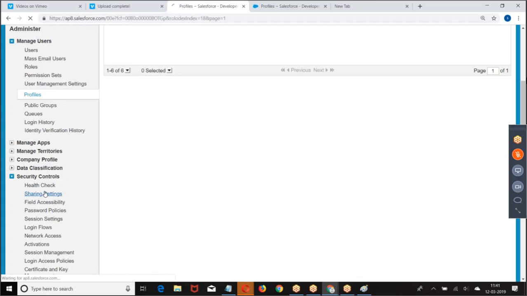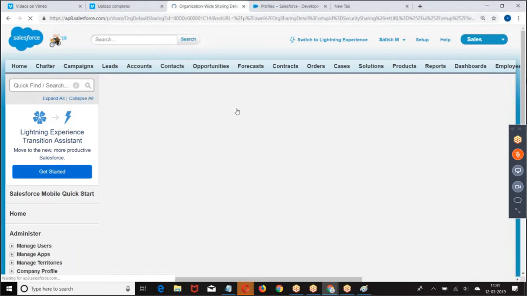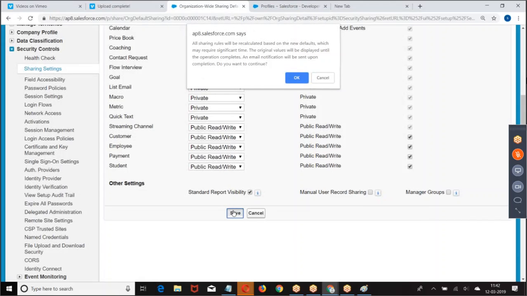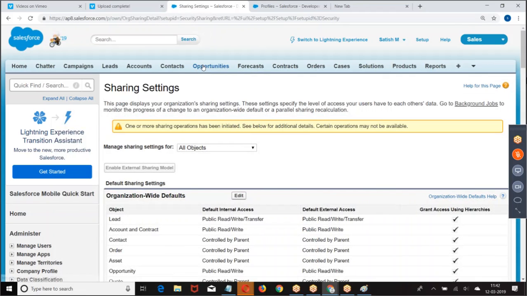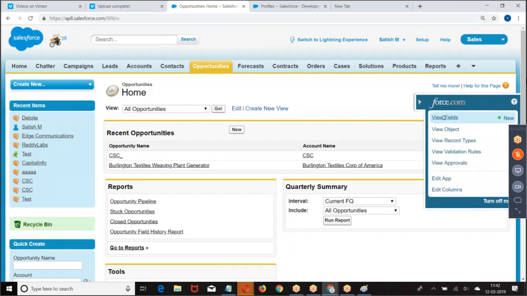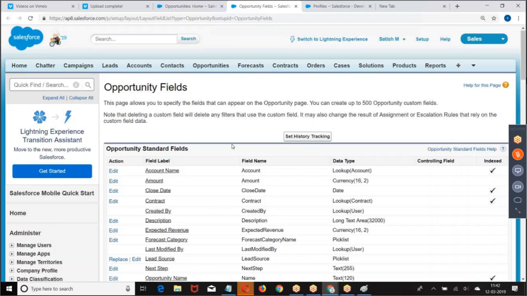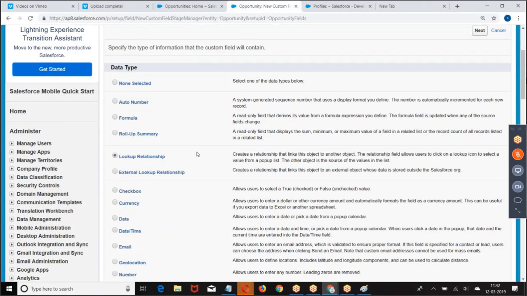I told you already, unless it is private or public read, I cannot share it. I made it private. Now it takes some time to modify it. Meanwhile, I will create one custom field on the opportunity. Lookup relation.